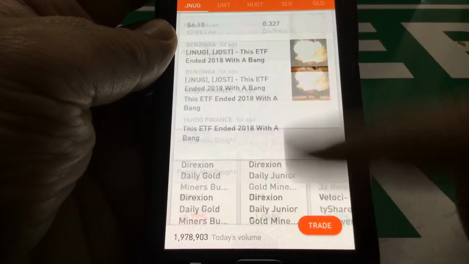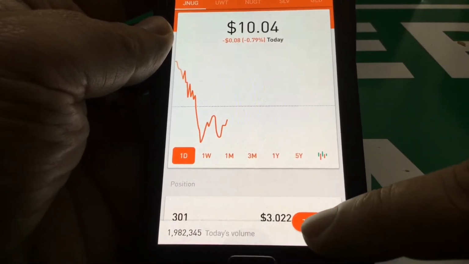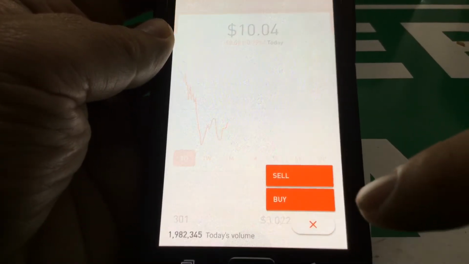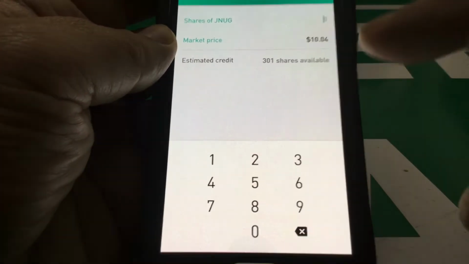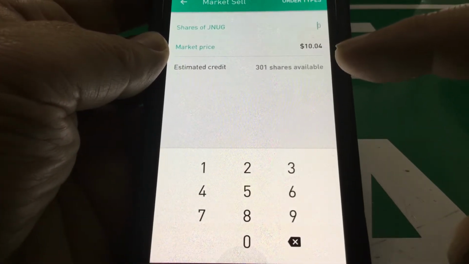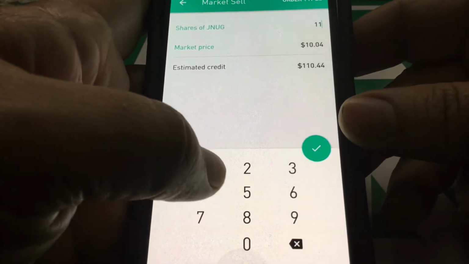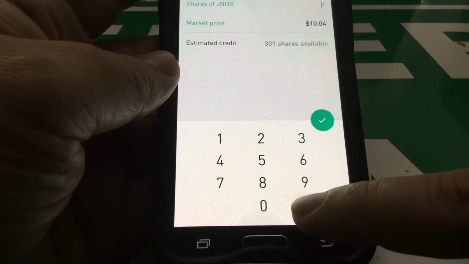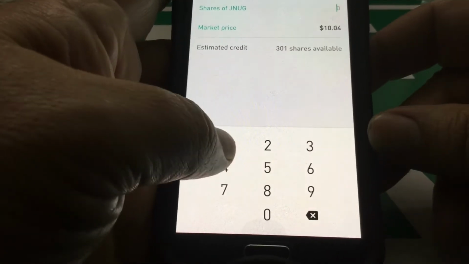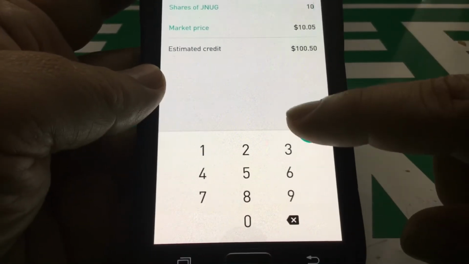So it's gone up. Normally, I wouldn't sell today, but for the purpose of making this video, to show you how easy it is, we're going to put in a sell order. Hit the sell button, and the market price is 10.04 right now. So I'm just going to sell 10 shares. Oops, sorry, I'm all thumbs sometimes. Hit 1, 0, 10 shares. Hit the arrow,